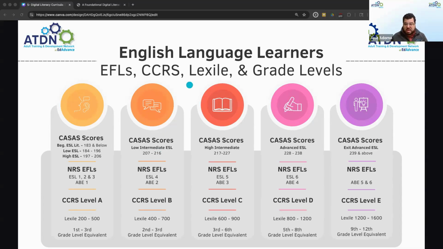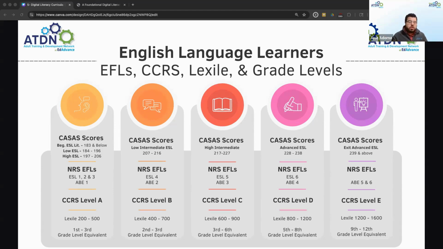So if we look at 211 here, where out of these 5 categories, we can say 1, 2, 3, 4, 5, where would that be placed under? So you can number, where do you see that 211 score on this? There you go. Yep. 2, right? It's a level 2 right here. And in this case, if we're looking at NRS level, it's an ESL level 4. So that means that students that are in levels 1, 2, and 3 are not able to independently work with North Star because they have that language gap.